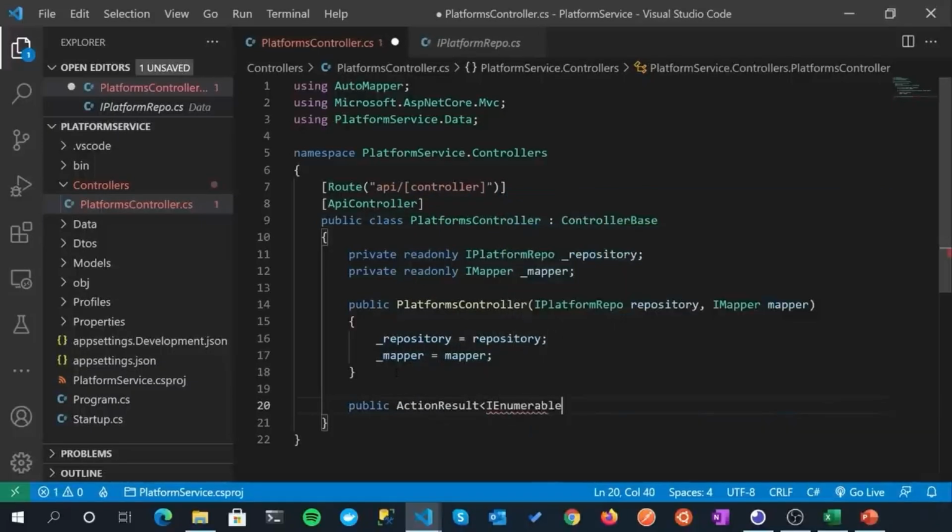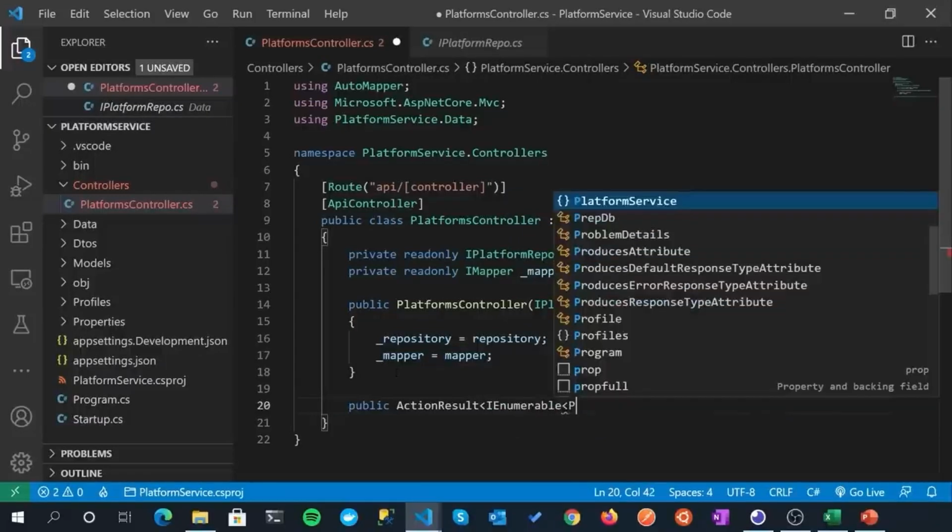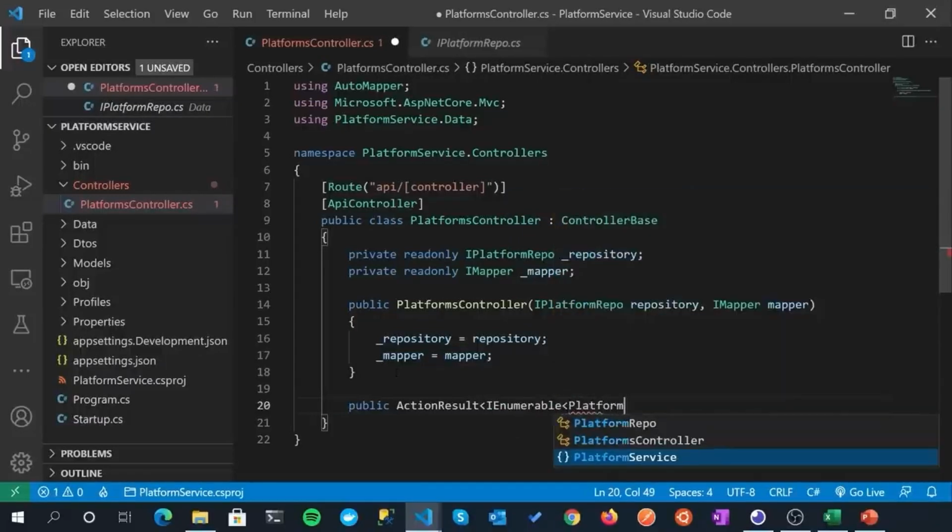We're going to have to bring in that namespace, and it's an enumeration of PlatformReadDto. Let me just finish this method signature, and I'll take you through exactly what we're doing here, just in case it doesn't make sense. And we'll call it GetPlatforms.